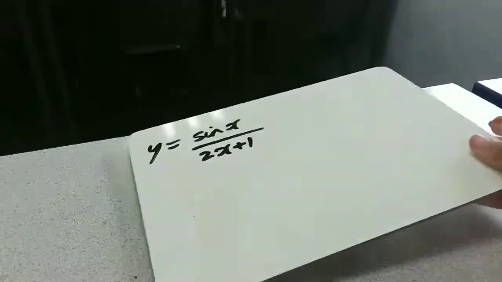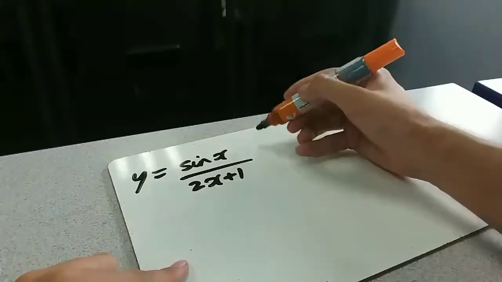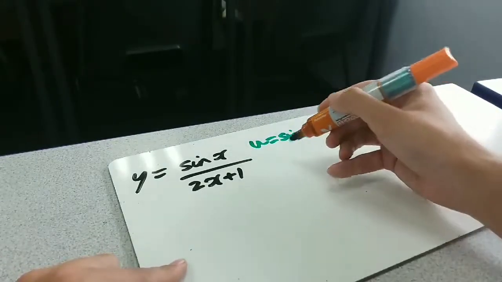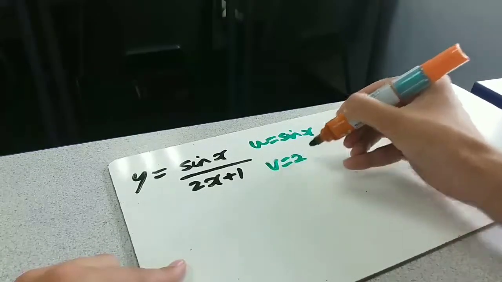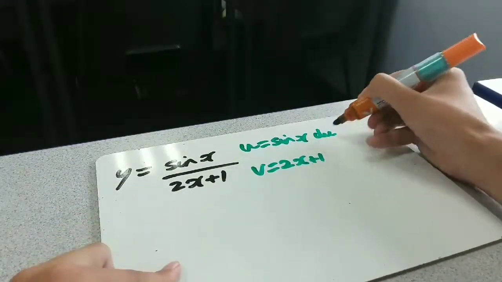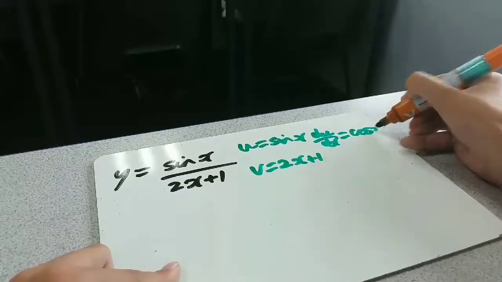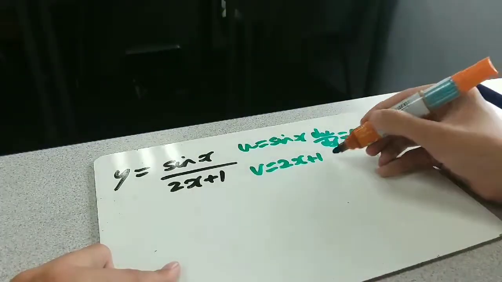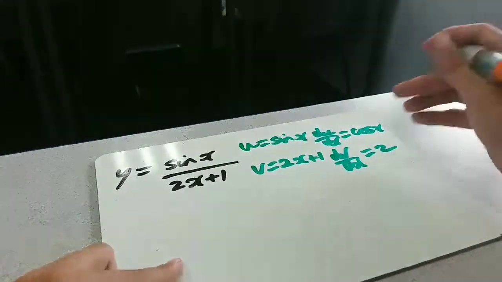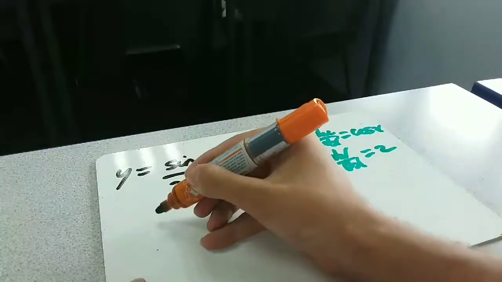here is something which is a quotient. We're going to pick u and v. So u is the thing on top, sine x. V is the thing on the bottom, which would be 2x plus 1. Differentiating both of them, du dx is cos x, and then dv dx is 2. Okay, we need to put that together in the right order. So let's write out dy dx,